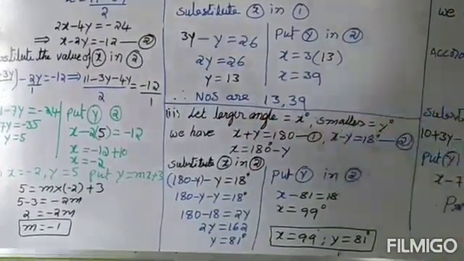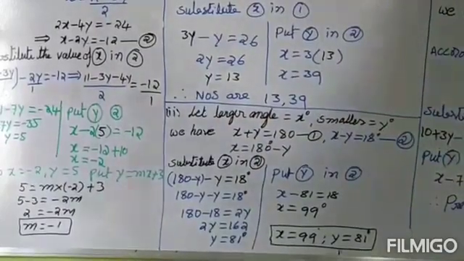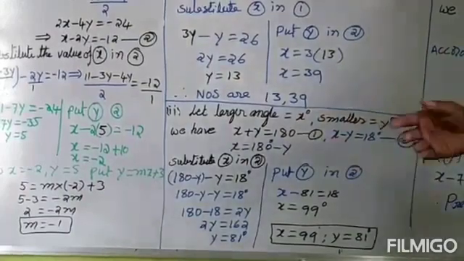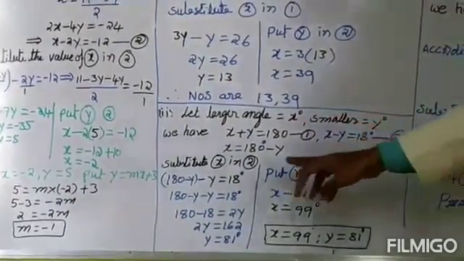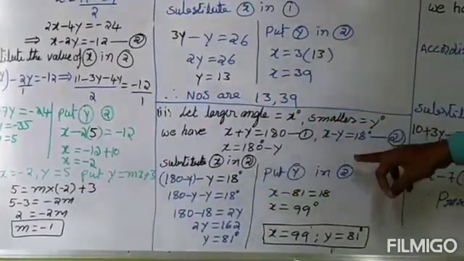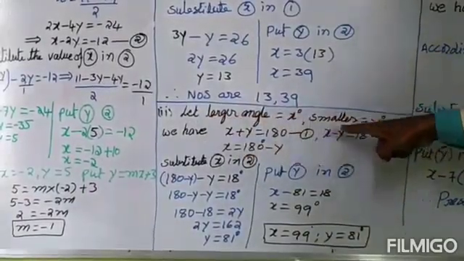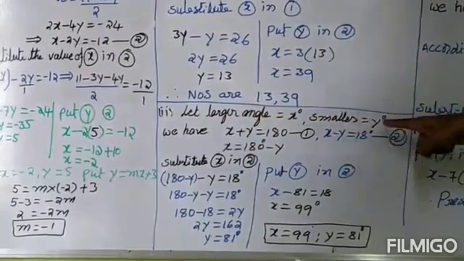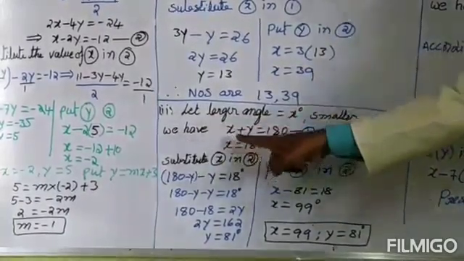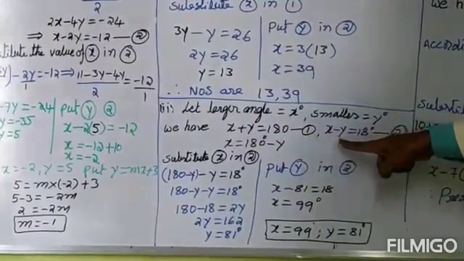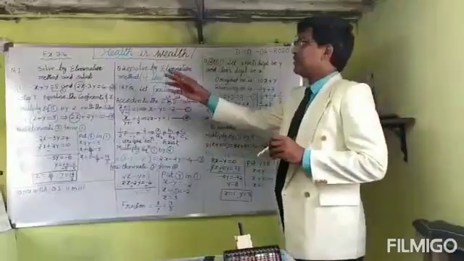In this second question, you see, we are taking 2 numbers. One is the smaller, another is larger. Here, supplementary angles mean the sum of the angles equal to 180, given, and one angle is 18 more than the other, also given. So we will see this. Let the larger angle equal to x, the smaller angle equal to y degrees. We have x plus y equal to 180, given in the question only, and the difference is here.